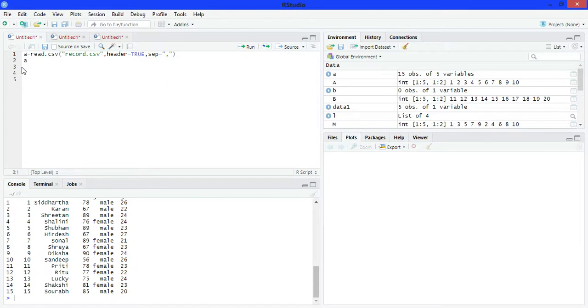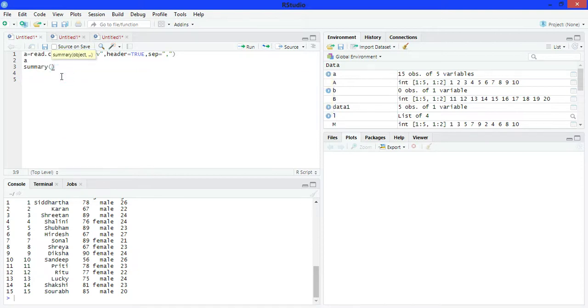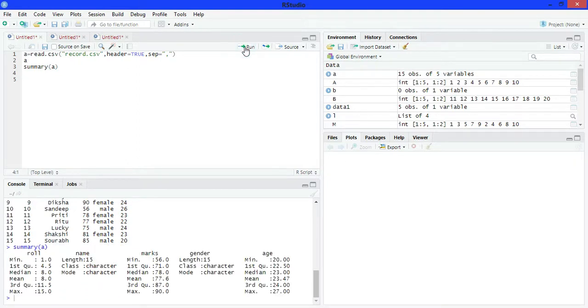Now we can also see the summary of the file using the summary function. Write here summary and pass A. See, the output is the summary of the file. See, the minimum value of roll is 1, the maximum value of roll is 15, the number of rows present in name is 15, and the type is character.